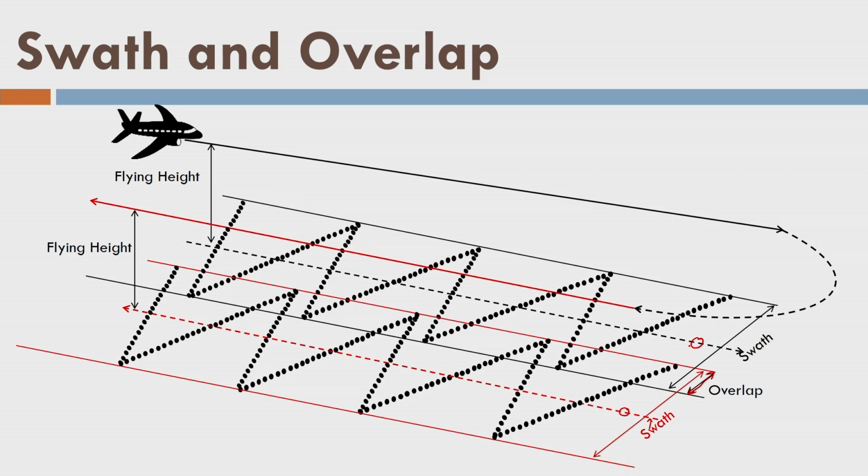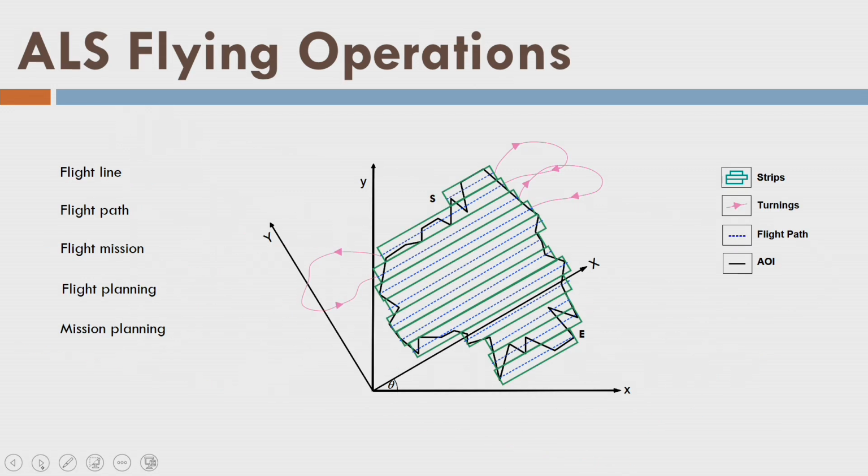Okay, so we are plotting the flight lines on the ground surface or on the map. So we are getting these two flight paths. The difference between the two flight paths, or the spacing between the flight lines, is also called the effective swath, right? We will go for the derivation later. Now we are indicating the flight lines here, and the flight path is indicated on the map.